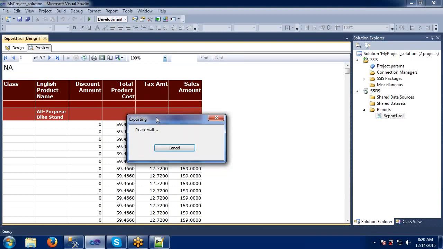It's taking time here. But you can try so many options here. As I told you, there are PDF, Excel. You can try to save the report and see how the reports will be stored in XML, PDF, Excel, Word. You can try the different options. There is no difficulty or tricky things in this. Just click on that option and save it into your local machine, so that you can identify how each report is going to be stored into different formats.